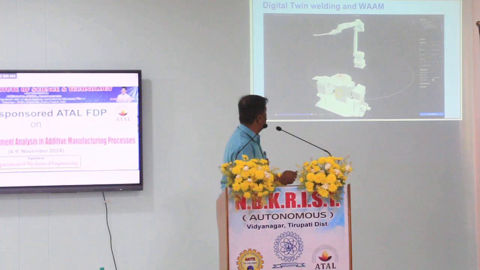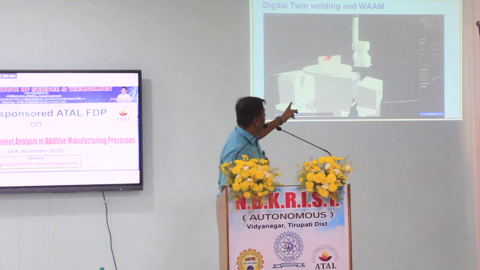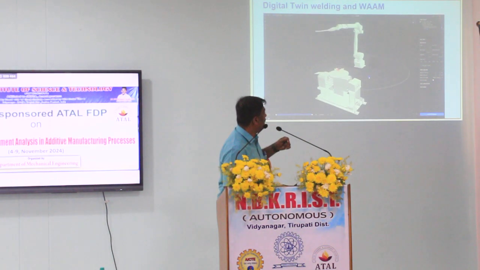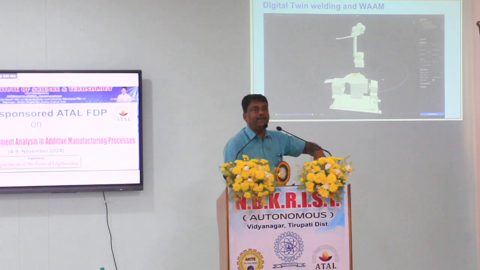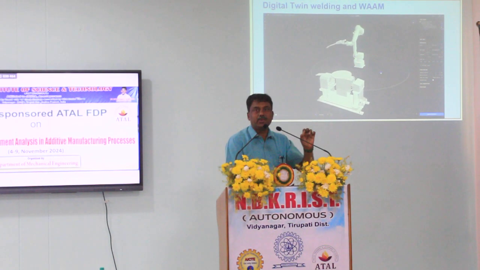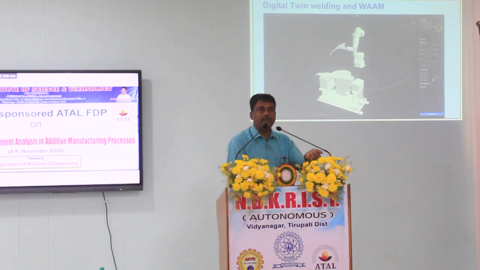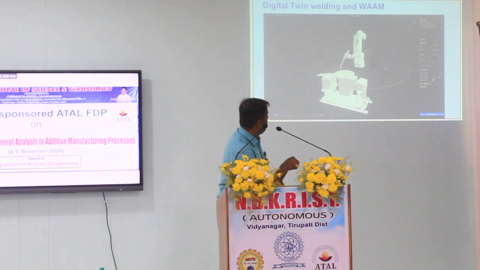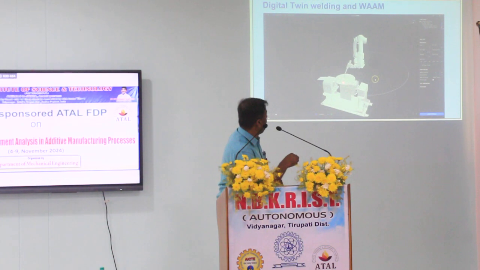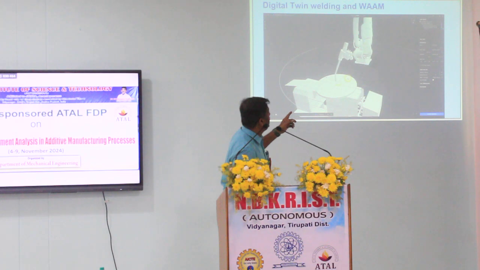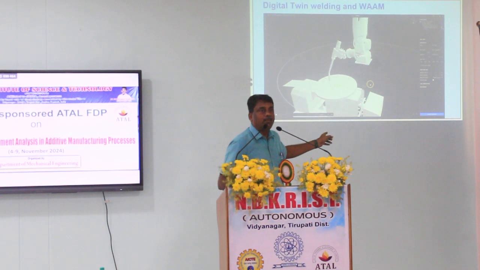This is one operation that you see here. This is one of the aircraft brackets we tried to print. We start with the material feasibility, FEM, and all of this, so now we know how we are going to build. If you are building 10 mm, how much distortion this part may incur. So we do the corrections in the path planning stage itself. Once the path planning is carried out, we see how the robot is going to print the part. And this software I'm showing here